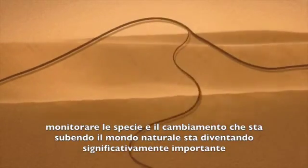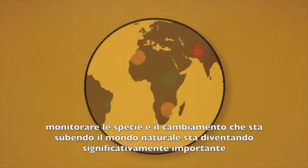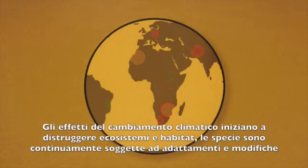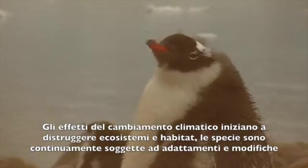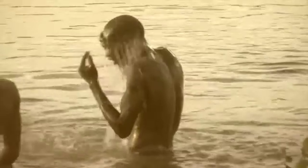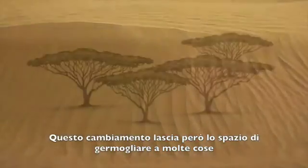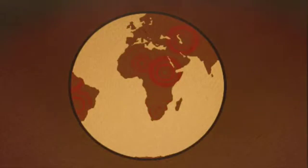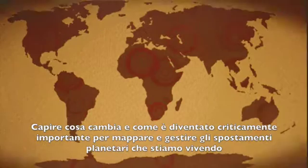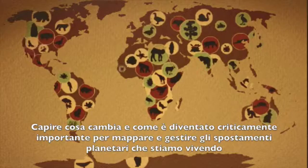Monitoring, recording, and measuring the shifts and changes in our natural world has become increasingly significant as the effects of climate change begin to force ecosystems, habitats, and species to continually adapt and diversify. This pace of change is creating the context for certain things to flourish, while others disappear. Understanding what is changing and how has become critically important to both map and manage the abundance of planetary shifts